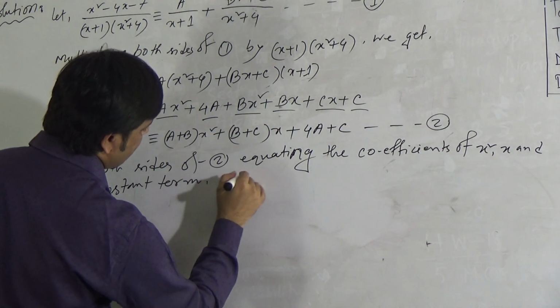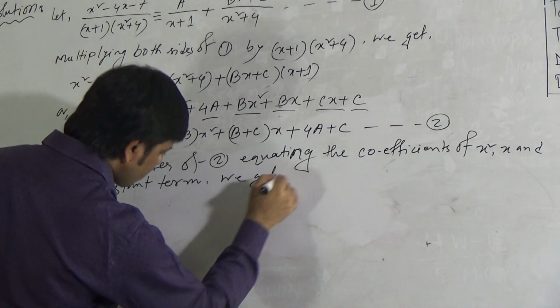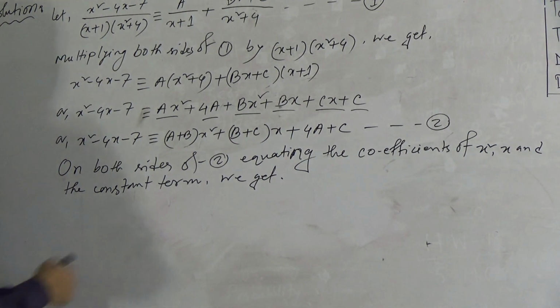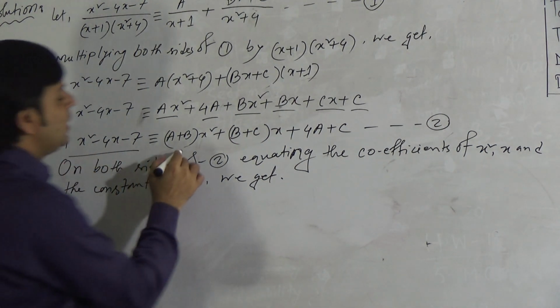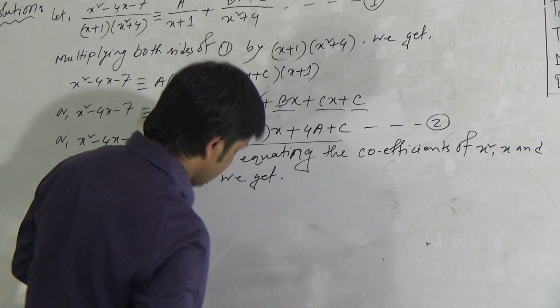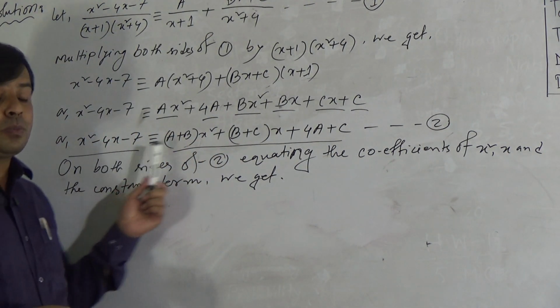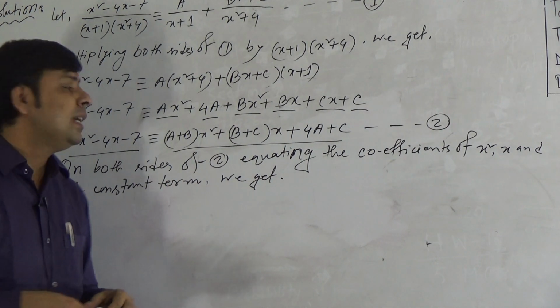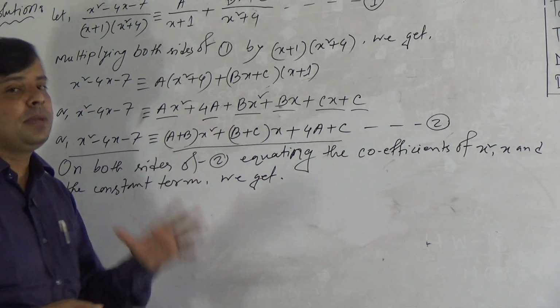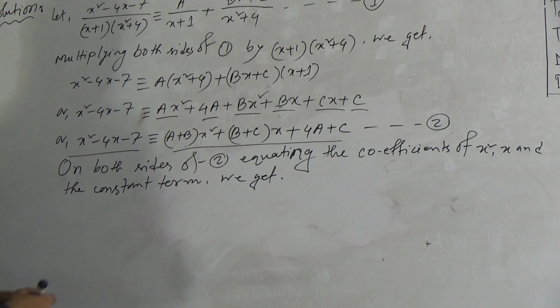Constant term we get. Dear students, now see, on the left side this is a polynomial, and on the right side this is also a polynomial. In the first class of this chapter, I discussed that two polynomials are said to be equal if the coefficients of the similar terms are equal. So we can write here